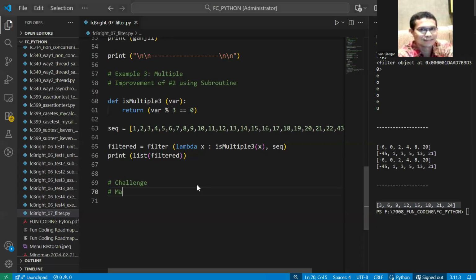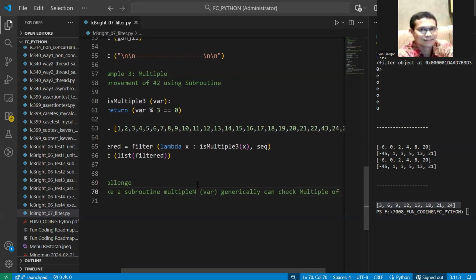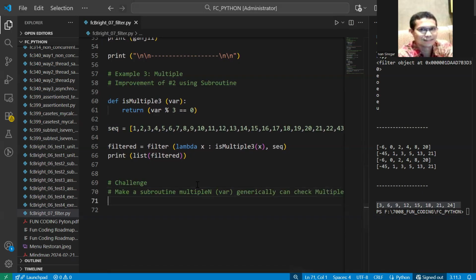You make a subroutine, let's say multiple n, where n is the variable as the argument. Generically it can check multiple of n. So this is very generic. It means that it can check any multiple.